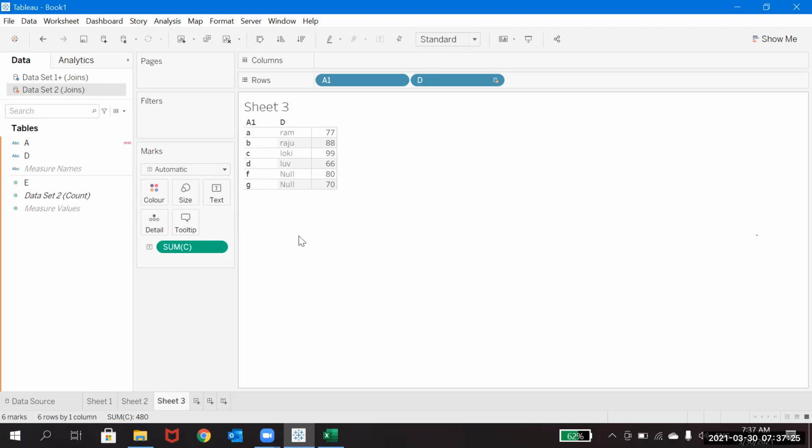Blending always helps you link two data sets very easily, because it's not very tough. Even joins are not a tough case; you just need to drag and drop and adjust based on which columns you need to join. But in joins, what happens is the result will show.